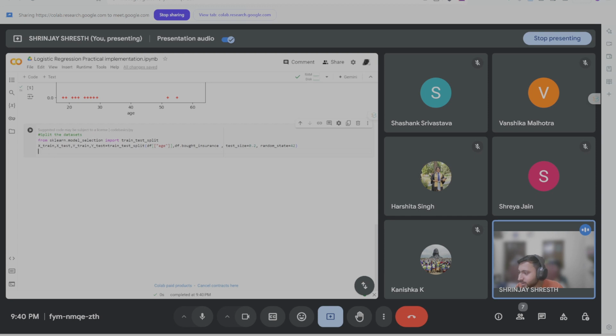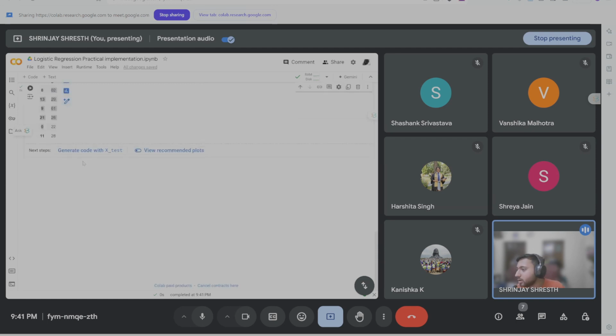Let me see for some values. You see, you have this data frame. Let me have some X train. Okay, perfect. Now let's do what? Let's move ahead and